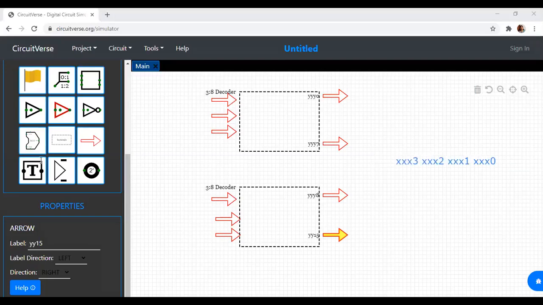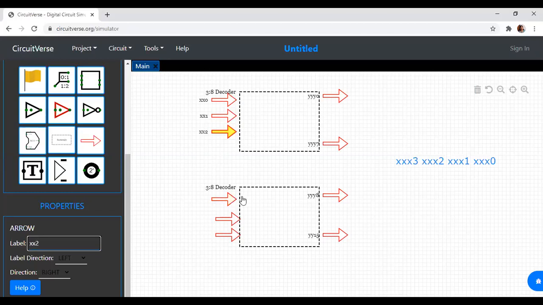So here, now let us label it. What will be this input? The last 3 will be as it is. You should start labeling from the LSB only. So this will be X of 0, this will be X of 1, and this will be X of 2. No doubt in that.